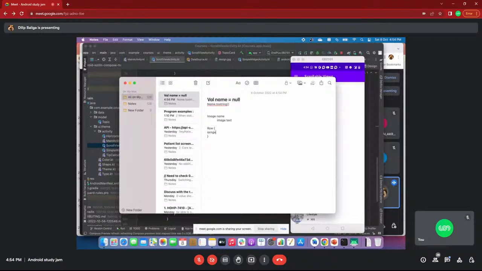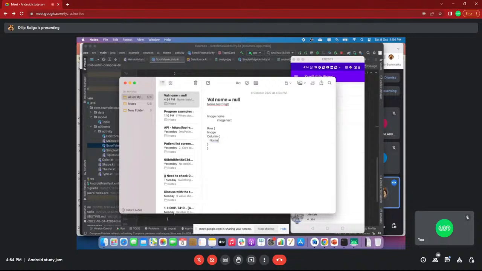Now the first row is the image. Next, the name and image should come below, vertically aligned. So I am creating a column. Now I created one column, and the column contains the name as its first element.